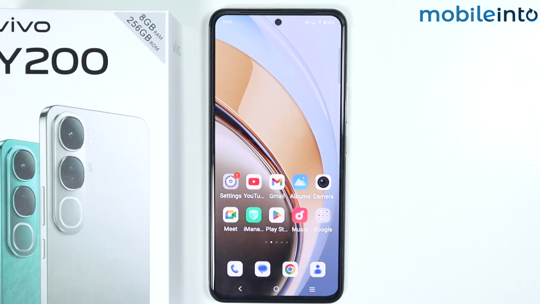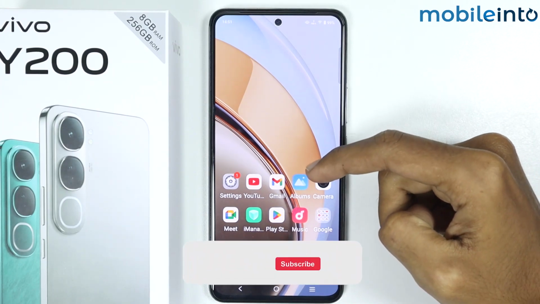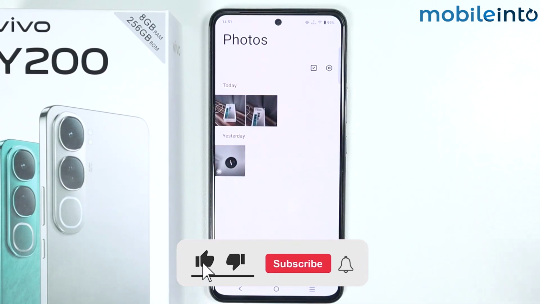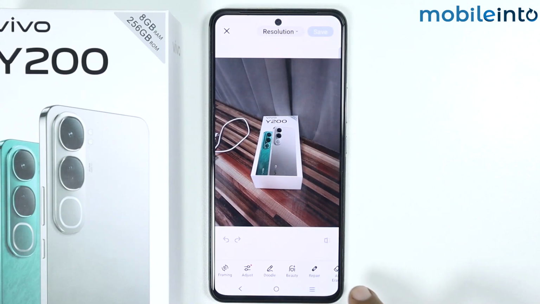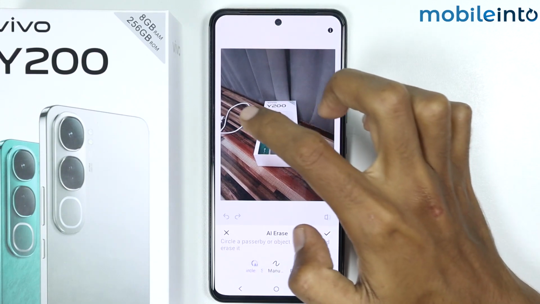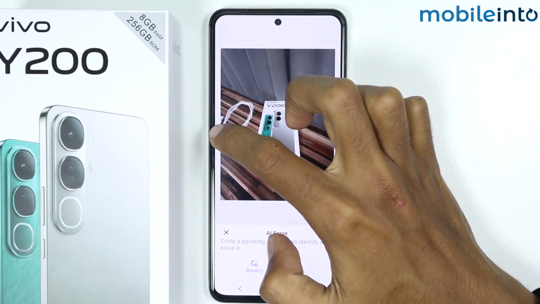Now to do that, just open the Albums app on your smartphone and from here just open any image. Now just tap on Edit. Now just swipe from the left side and tap on AI Erase. Now just circle on the object which you want to erase,